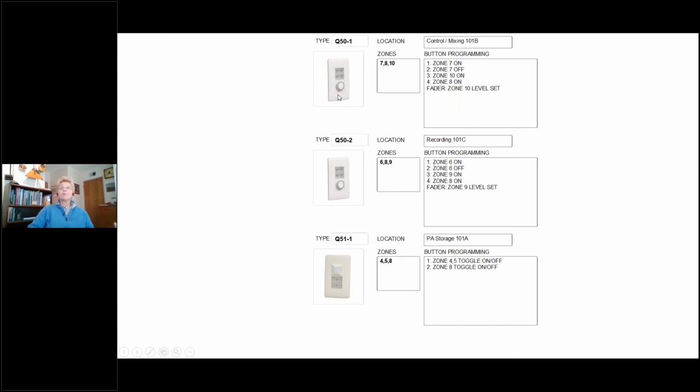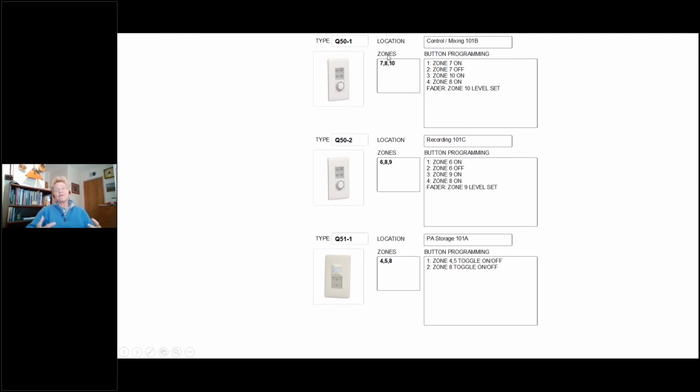I might have had to go to an 8-button station, but I really liked the idea of having this fader button, because then I can use the fader to set this zone, which is really the lights over the console and the sort of lights that would be used in the space for running a show. I can actually have a lot more discrete control over that zone. So I had to think through this. I had to go through this.